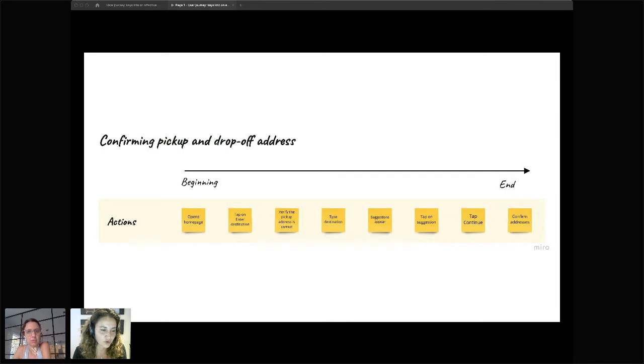I did in the past a workshop where that wasn't clear, and we spent a lot of time on, okay, but should we include these or should we include that? And there was a lot of discussion. So if you come with that clear, it's going to make things a little bit smoother. And then once you have that defined, I would start with mapping all the actions because it's simple and everybody agrees on